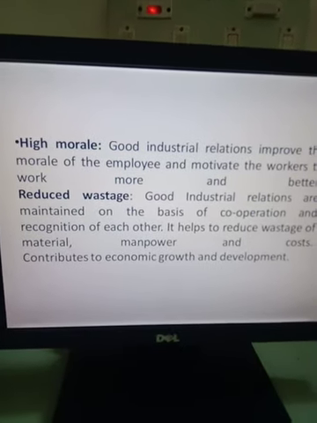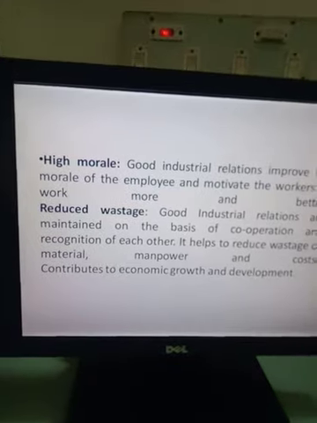Okay students, this is the main importance of industrial relations. Okay, let us see the class importance of